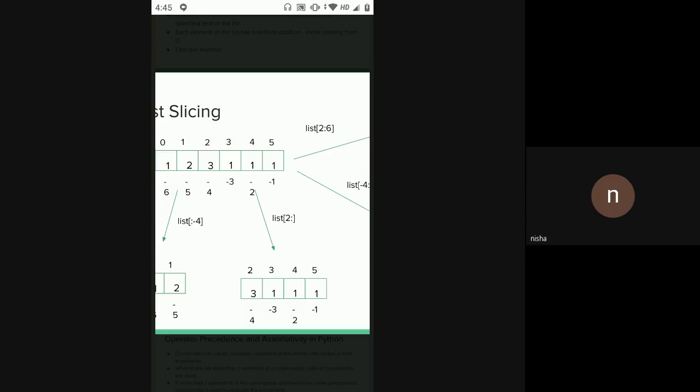Is using positive index to slice a list clear? If you want to slice a list and you are using positive index for it, do you understand how we put the starting index and how we put the ending index? Yes, ma'am. So that same thing you are going to do for negative index also.